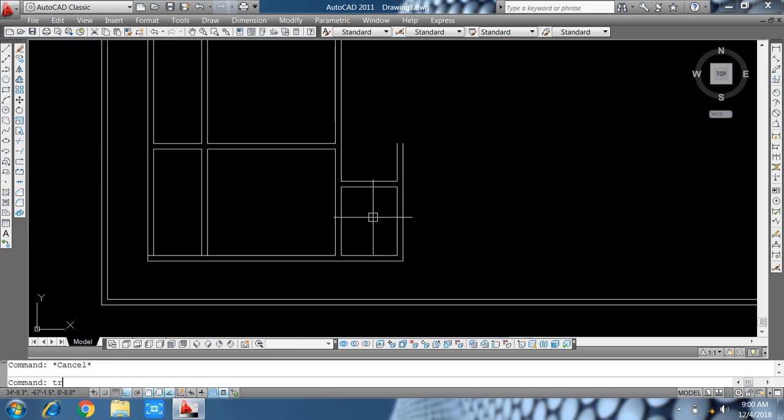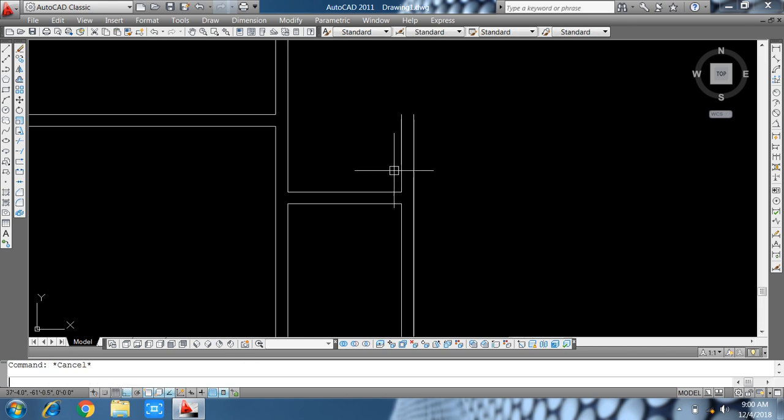Now I make a bedroom. Sorry. Now this is the staircase also.